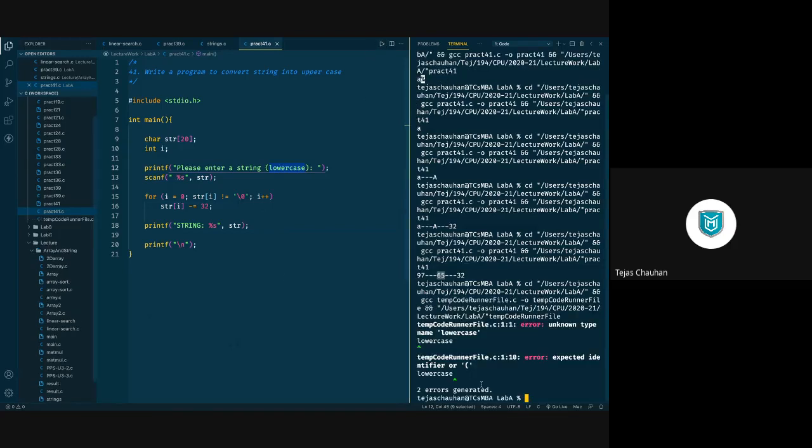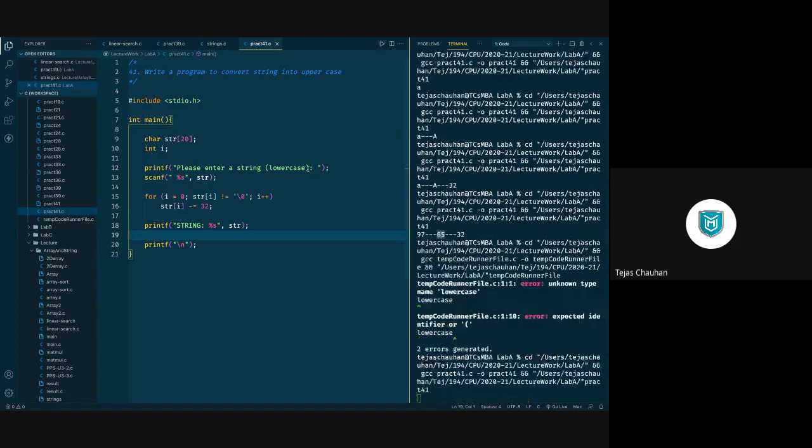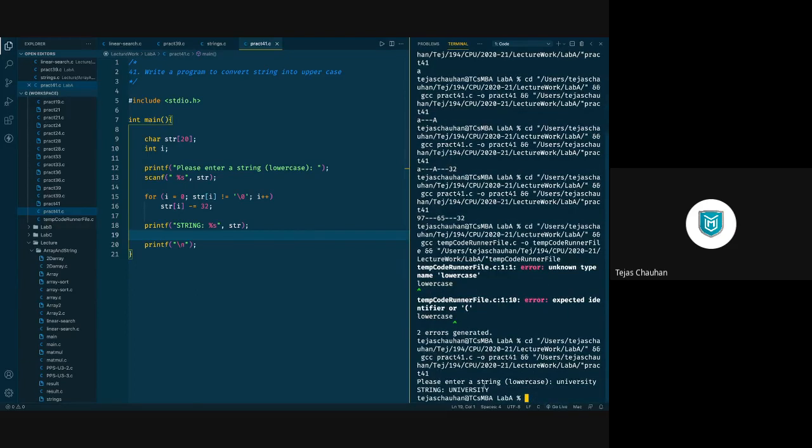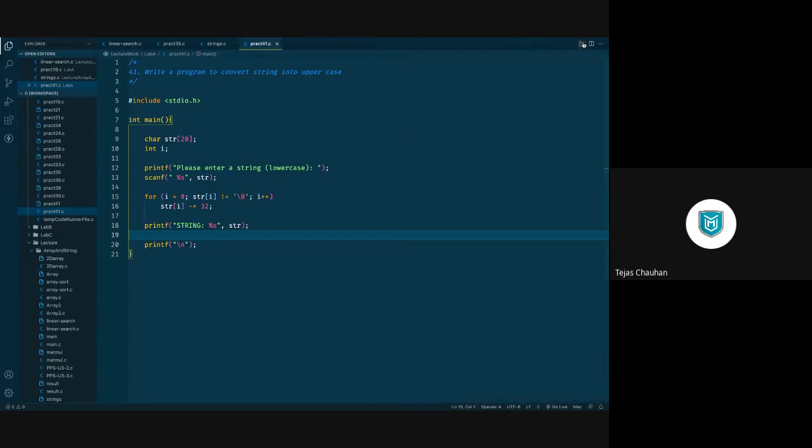Oh, well, there is a problem. No, let me save it one more time and then run. Yeah, it works. So I'm going to insert university in small case, but it prints university in uppercase. Let me run the program with a clear screen.